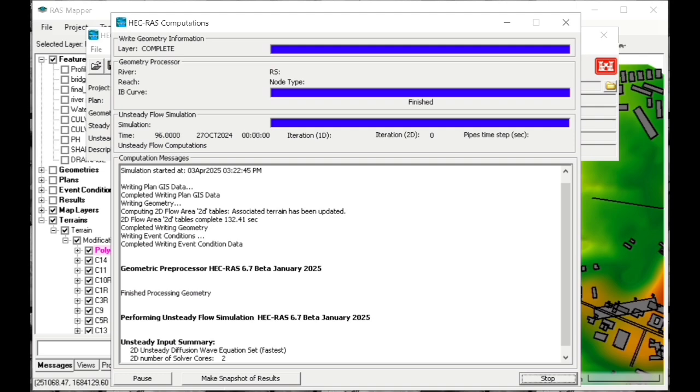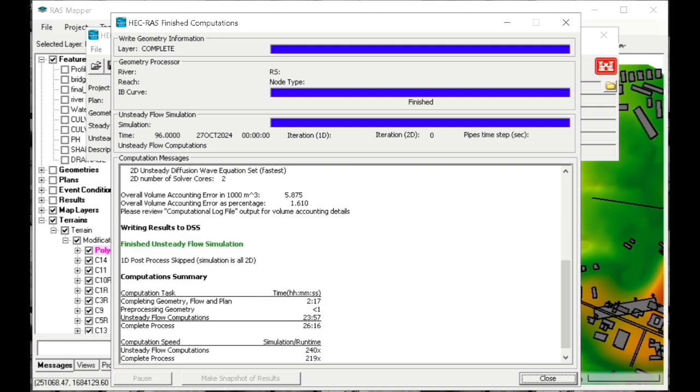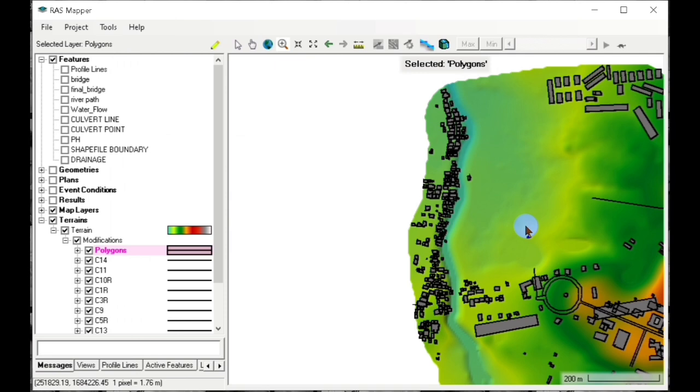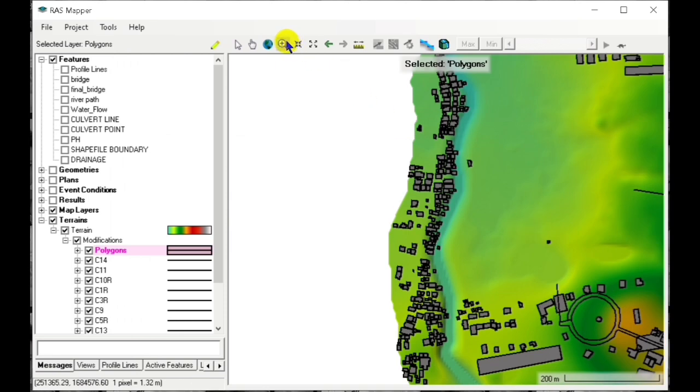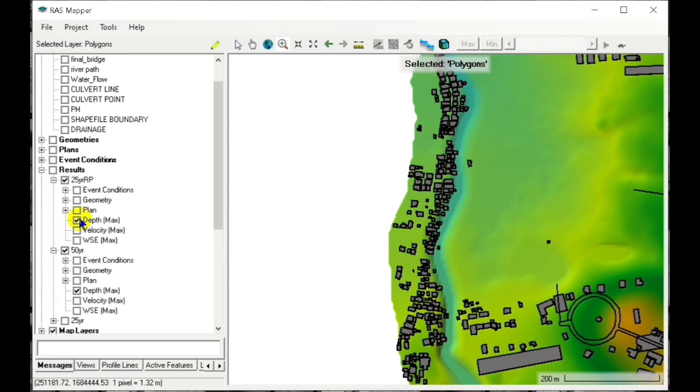Okay, it's done. So we see finished simulation, and then we don't have any error, or our error is just inside the range. So we check the results or the depth.